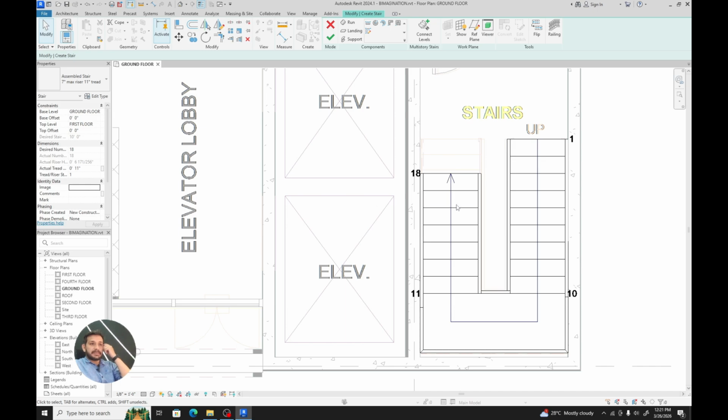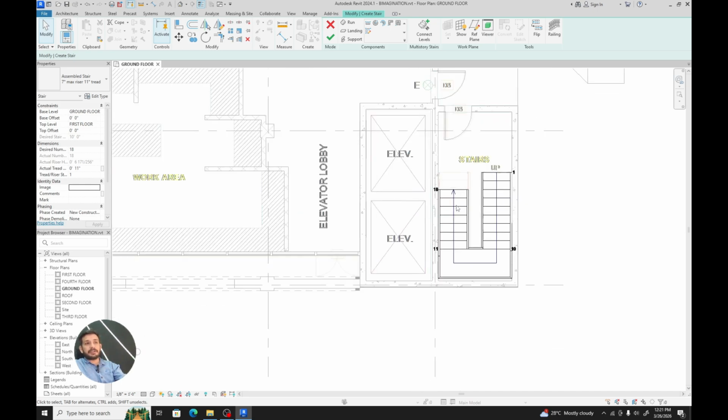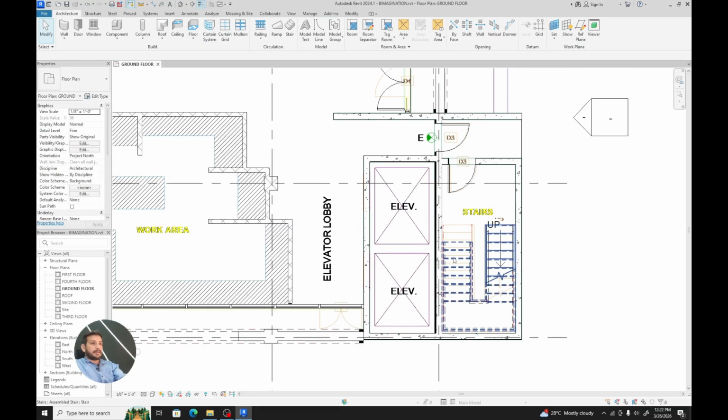Now you can see that there are two steps still missing as per my linked AutoCAD plan, but since Revit has already calculated the relative height between two levels, and in this file it has already reached the upper level. So let's just click OK and